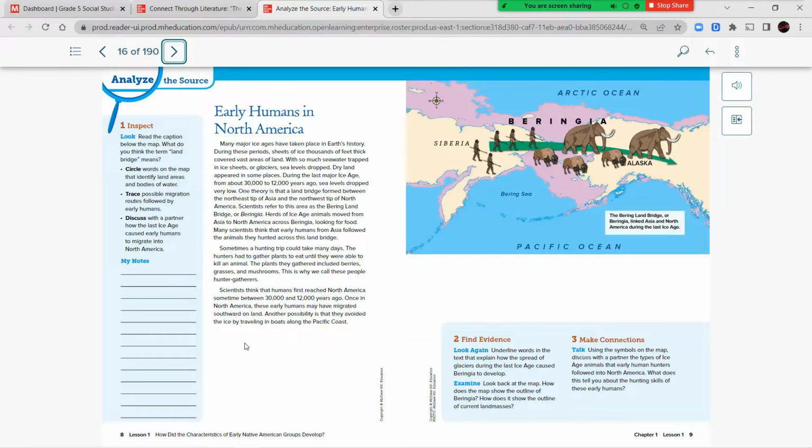Early humans in North America. Many major ice ages have taken place in Earth's history. During these periods, sheets of ice thousands of feet thick covered vast areas of land. With so much seawater trapped in ice sheets or glaciers, sea levels dropped. Dry land appeared in some places. During the last major ice age, from about 30,000 to about 12,000 years ago, sea levels dropped very